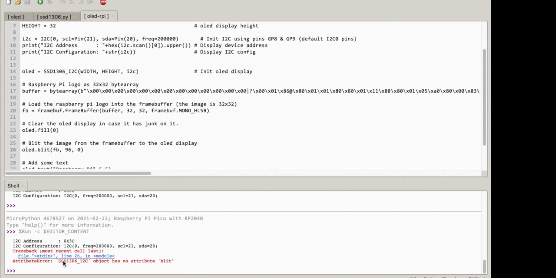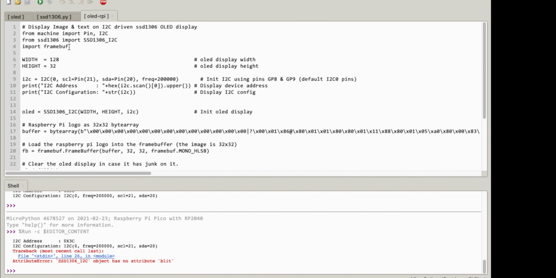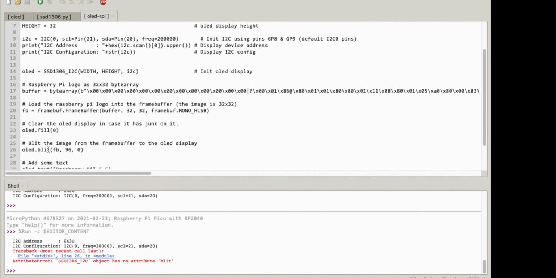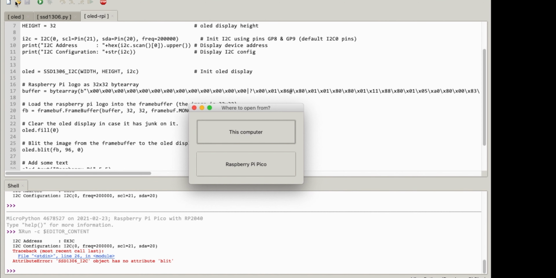So it's saying this SSD1306 I2C object has no attribute Blit. This frame buffer here should, because we've imported it from there, have a Blit on it. We have to run the Blit on the screen frame buffer. So if I was to open,